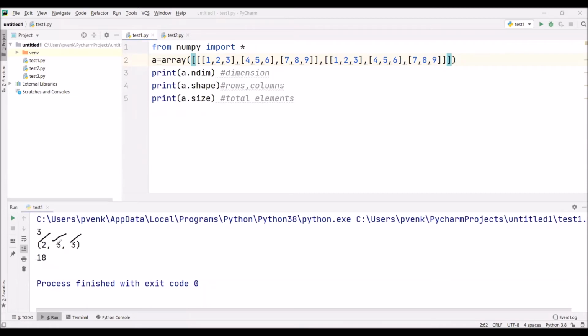So if you ask, in this three-dimensional array, how many two-dimensional elements are there? 2. This is one two-dimensional array. This is one two-dimensional array. There are two two-dimensional arrays. In those two two-dimensional arrays, how many rows and how many columns are there? 3 rows and 3 columns are there. This is how we have taken a three-dimensional array and we determined the rows and columns of that three-dimensional array and the total number